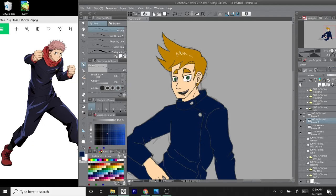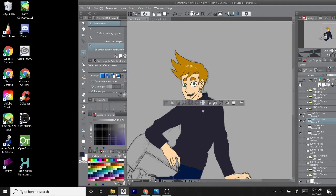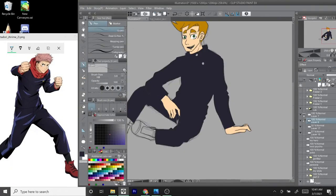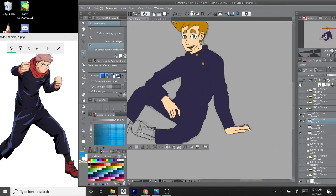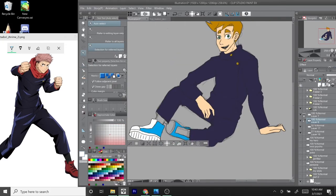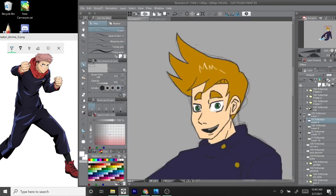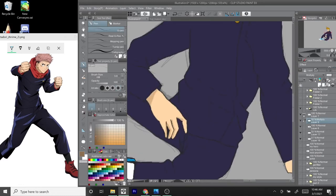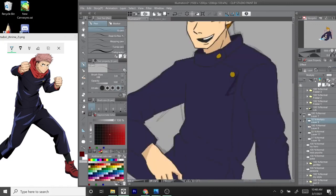But overall, I think that I learned a lot from drawing these unique shapes as well, because especially the folding of the clothing was such a hard time for me, just purely because I'm drawing things now that I've never drawn before. So I'm getting to a point where this is all coming together pretty slowly, but pretty concurrently with each style I did, because I did all these pieces in a period of 4 to 5 hours,